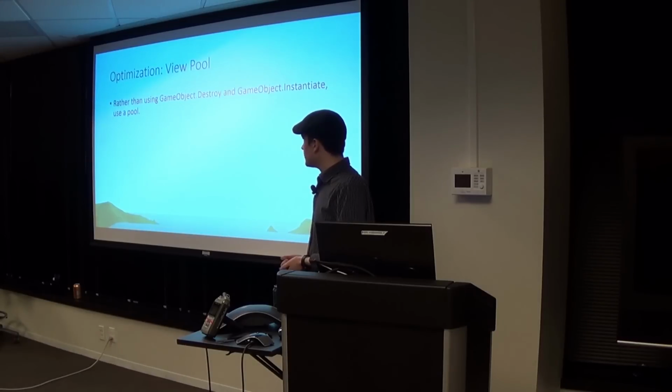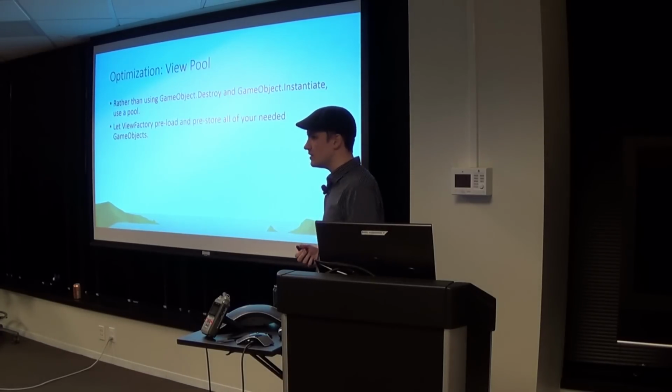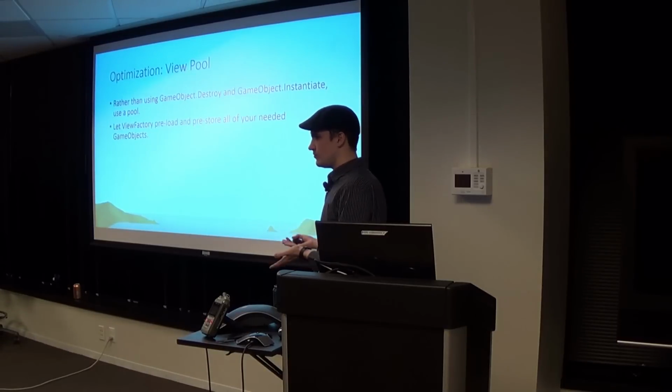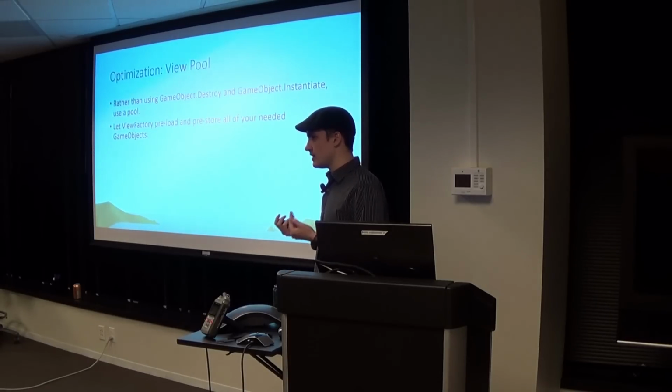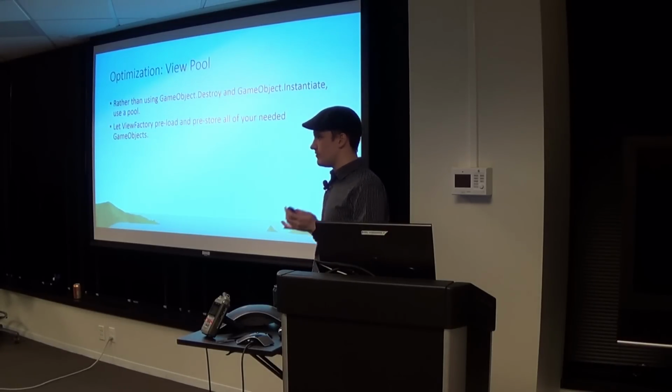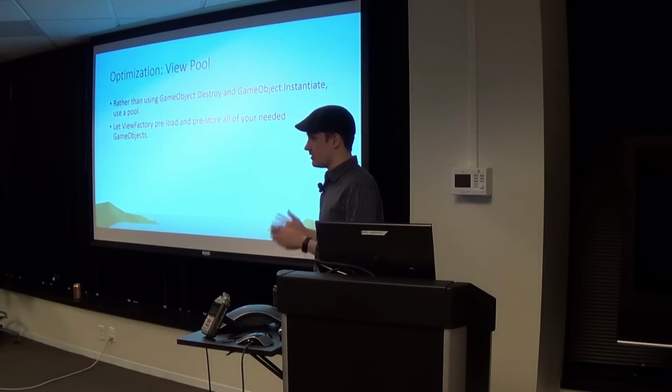So, if you have a game like Tumblestone, which is constantly adding bullets and particles and blocks, or especially if you have a bullet hell kind of game, you absolutely don't want to be using this every frame. So instead, what you should do is, in your own view factory or whatever you call it, make an array or list of a large enough size to hold every kind of game object type that you're going to need. For example, if you're making a shooter game and you think, I'm never going to have more than 500 bullets in my scene, ever, and you're sure about it, then you can create an array of size 500